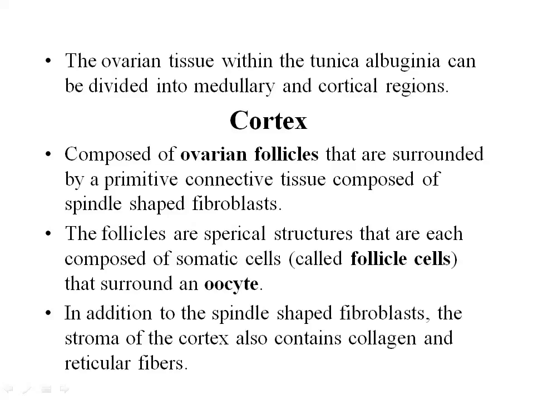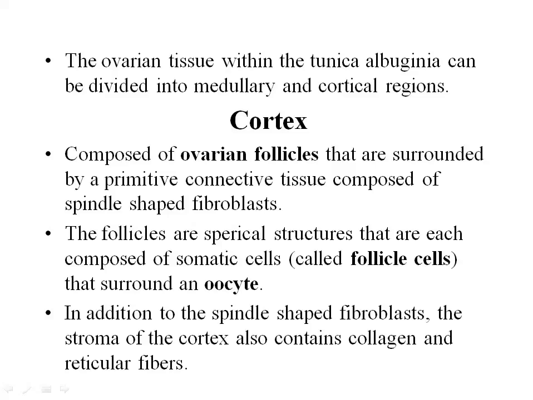After oogenesis, from the germinal layer there develop the oocytes. So the ovaries are cytogenic glands, and they are also endocrine glands because they produce the hormones estrogen and progesterone. And the effect of these hormones then controls the development of the other reproductive organs in a